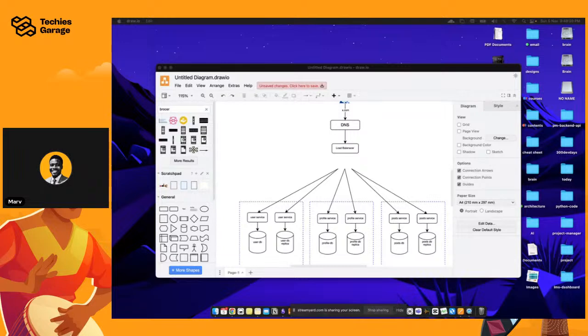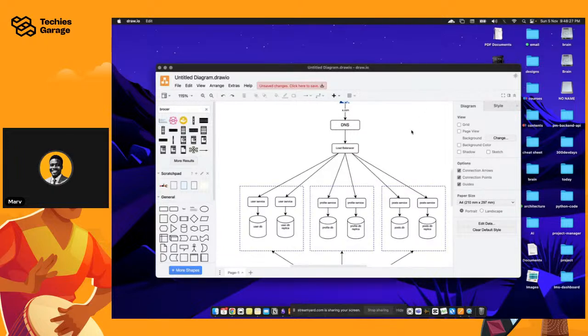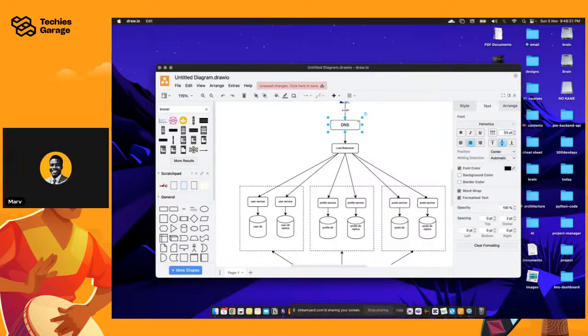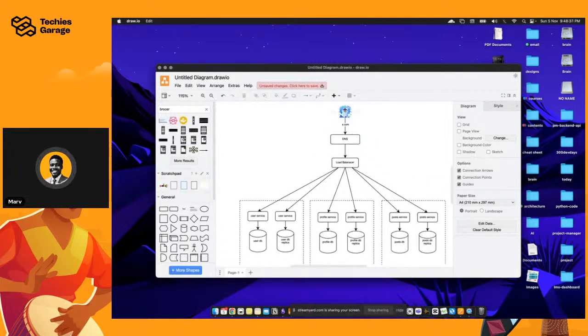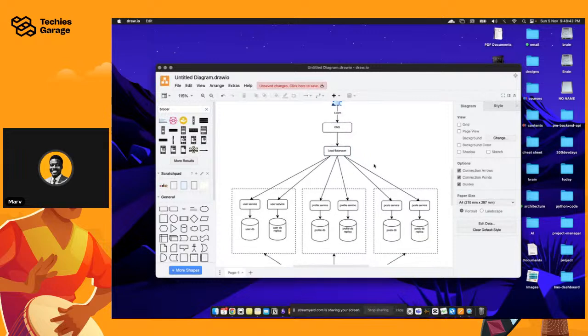Let's see. Yeah, okay, let's stick with the load balancer for now. I'm trying to see why we should spend... Okay, so we have the user, who makes a request, of course, through the DNS, it goes straight into the load balancer. The load balancer balances that.